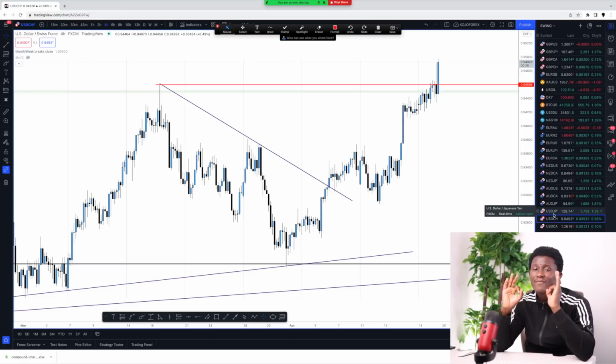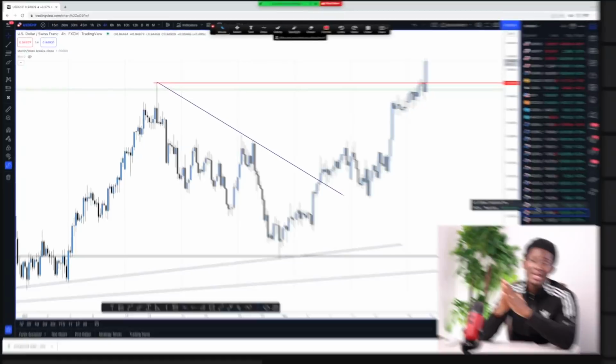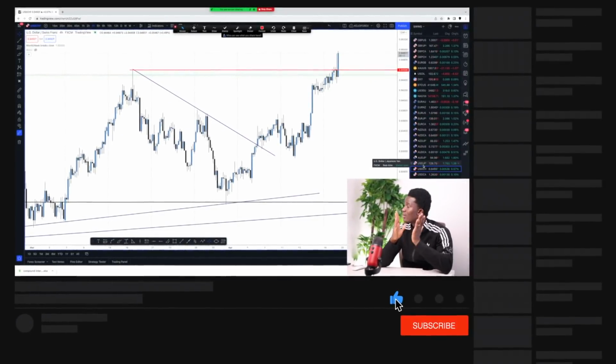Just by preparing within those few minutes to seconds where the market is about to close, you'd have a very solid idea of what your risk exposure should be, so that when you're taking those trades, you're not caught by surprise just placing a random lot size which may go in your favor and make you happy at the end of the day, or sometimes go against you and have you fumbling, right?